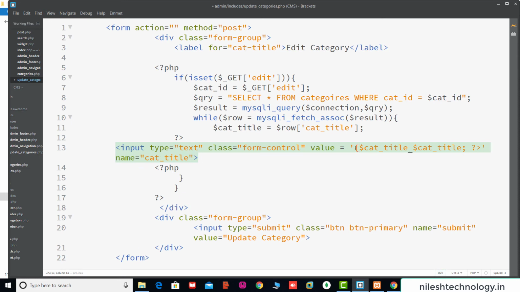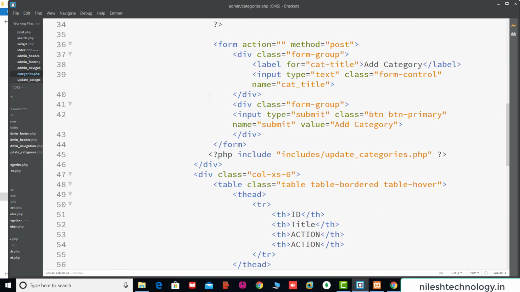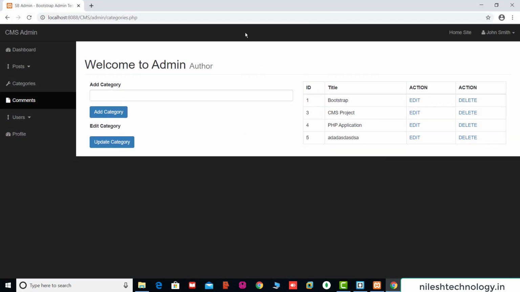Let me remove all this data here. This is a single quote. Save here changes. Again we run this categories.php file. So see here, we refresh this categories.php, click on this edit.